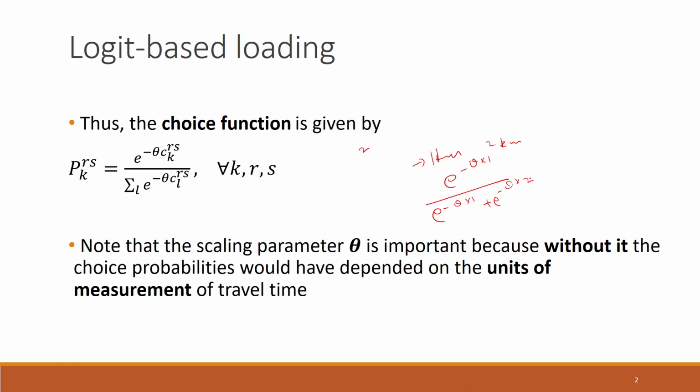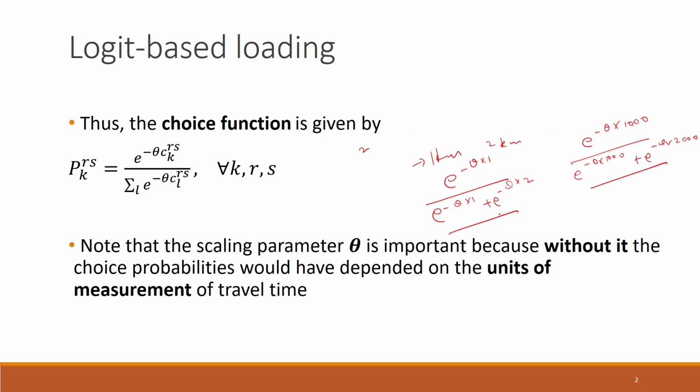Now suppose instead of specifying these length units in kilometers, let us specify them in meters. So now the choice probability for the first path will be equal to e to the power minus theta times 1000, because now 1 kilometer is equal to 1000 meters, divided by e to the power minus theta times 1000 plus e to the power minus theta times 2000. Now these two quantities are not the same,